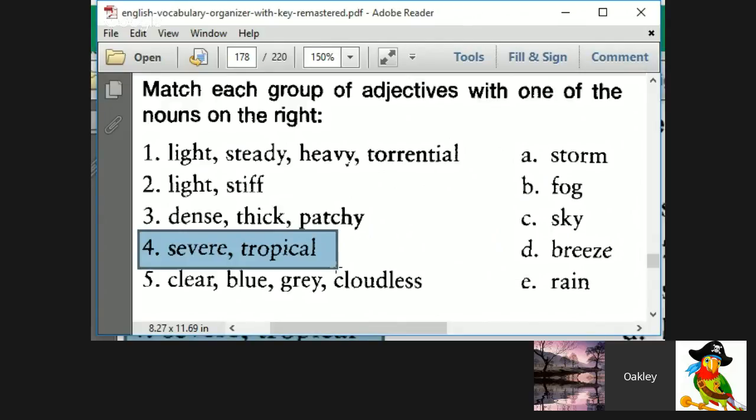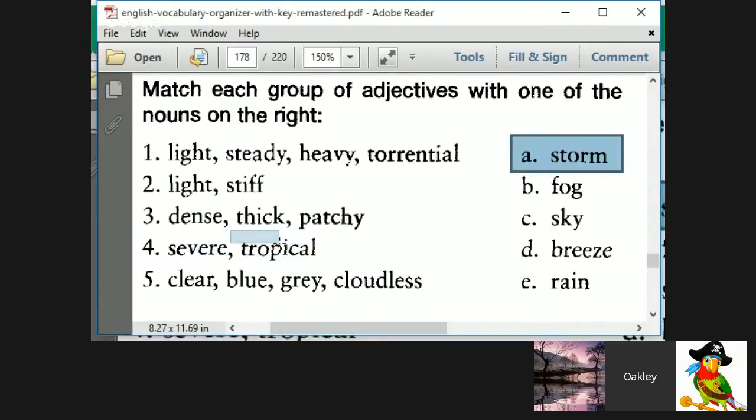Severe, yes, extreme, and it's a negative idea. Severe, the same and different. And storm. Yes, storm, definitely. Okay, a tropical storm is actually